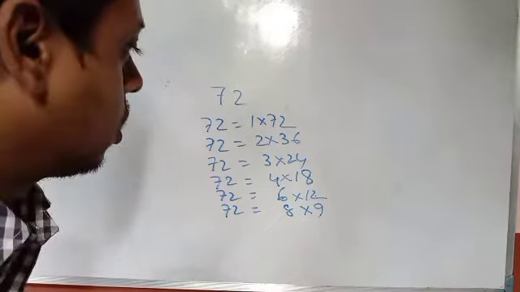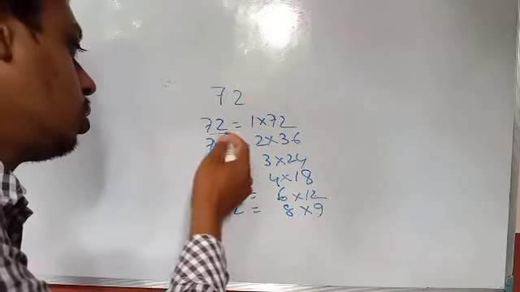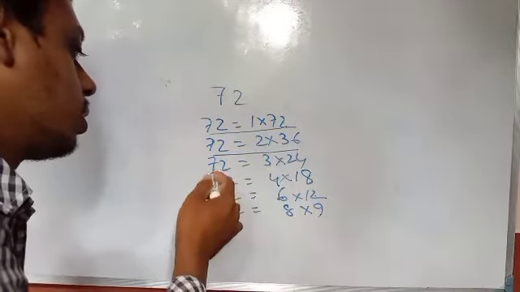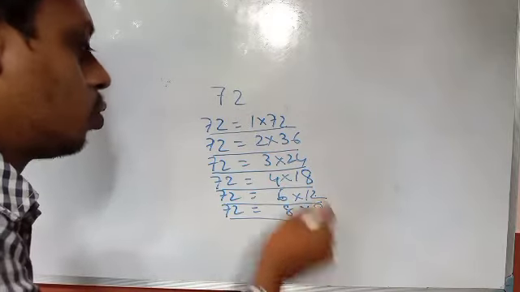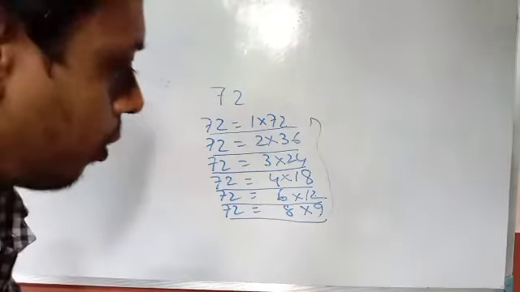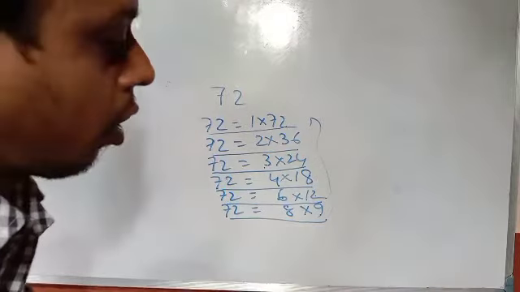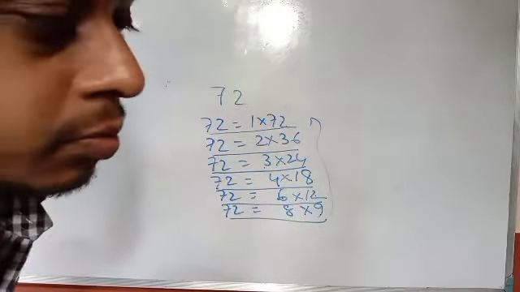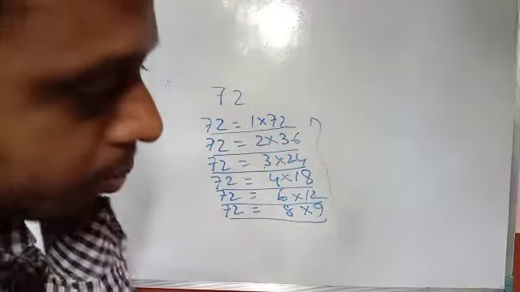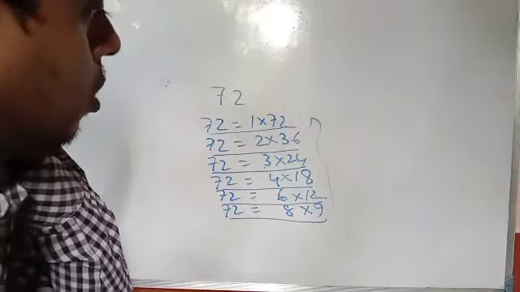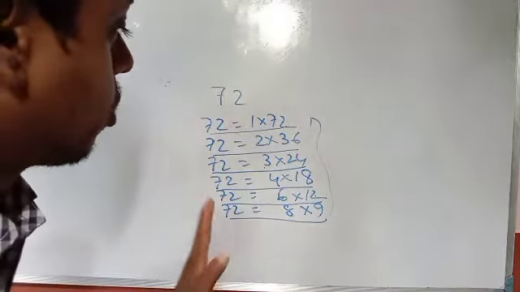So to find all the factors of a given number, what to do? First, you express the number in the form of a product of two numbers. For this, you can use the multiplication table. Suppose when you are dividing by 3, you are getting 24. So divisor and quotient, you divide and then you write. Sometimes you can use the multiplication table, and sometimes you have to divide by some number and you will get another number. So both division and multiplication are required here.